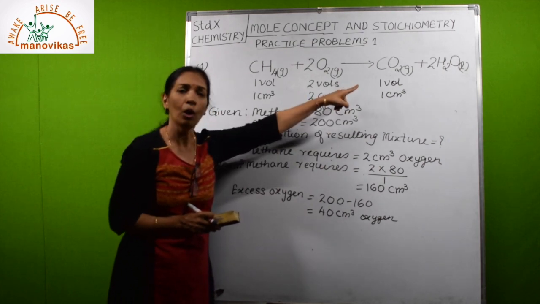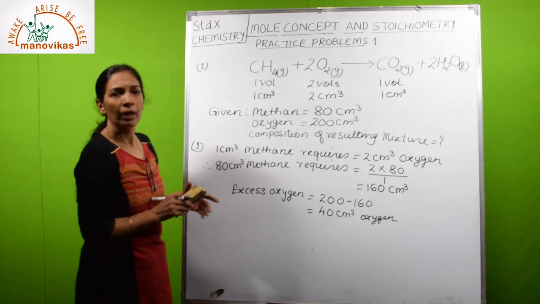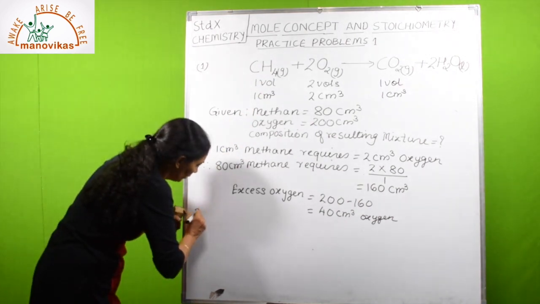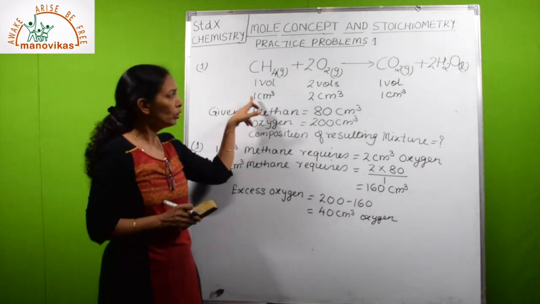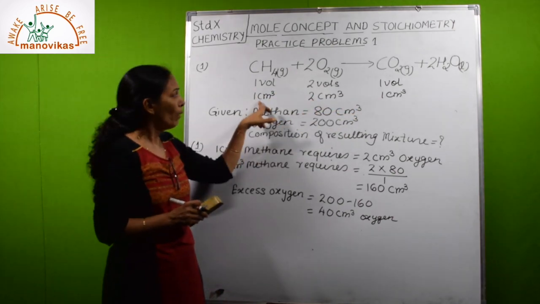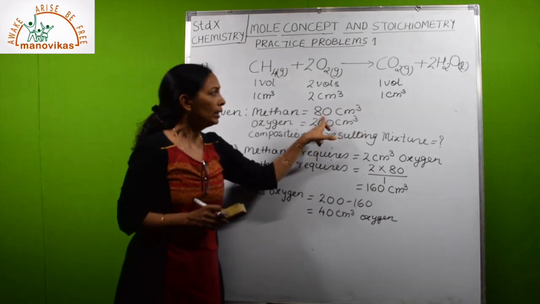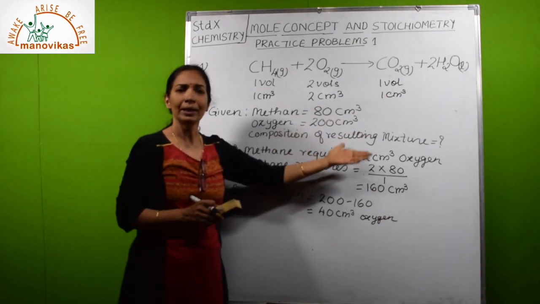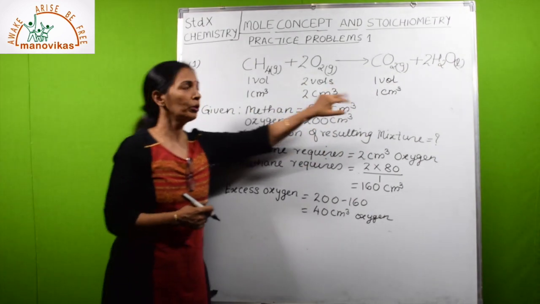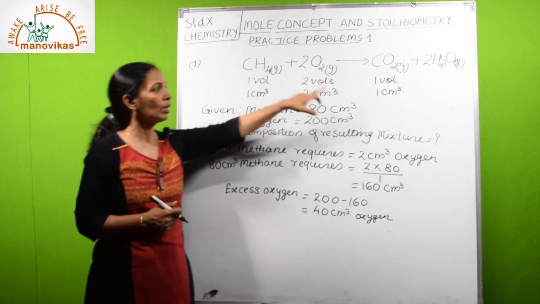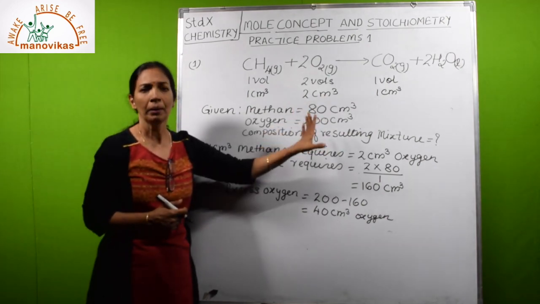What else we have to find? How much carbon dioxide is produced. So, the second calculation is the amount of carbon dioxide produced. Now, see here. Always you start with methane, because methane is giving this carbon dioxide. 1 cubic centimeter methane gives 1 cubic centimeter carbon dioxide. So, 80 will give how much? Obviously, you will write 80, but you have to write the statement and show the calculation. So, we have to calculate how much carbon dioxide is produced. Now, see, 1 cubic centimeter methane gives out 1 cubic centimeter carbon dioxide. So, 80 cubic centimeter will give 80, obviously, but we have to calculate.